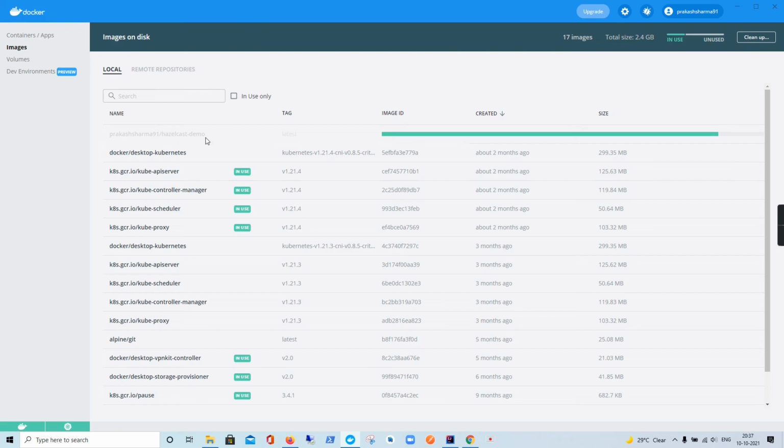So this should be available in our Docker Hub. For that you need to stay logged in to your Docker Hub account. If you are not aware of the steps, please check my previous video on how to create a Docker Hub account and sign in, so that you are able to push these images. Once these images are pushed, we can run the Kubernetes deployment command so that Kubernetes downloads this file and spins up the instances for us.